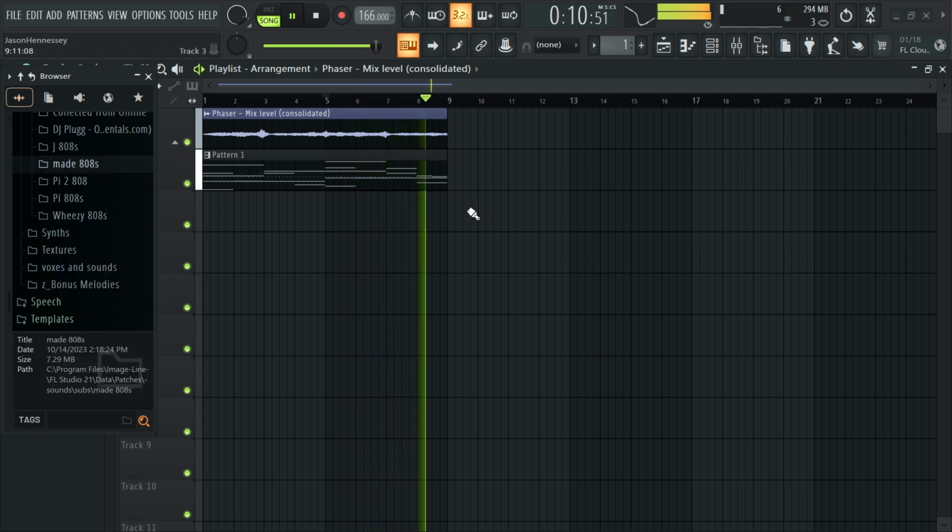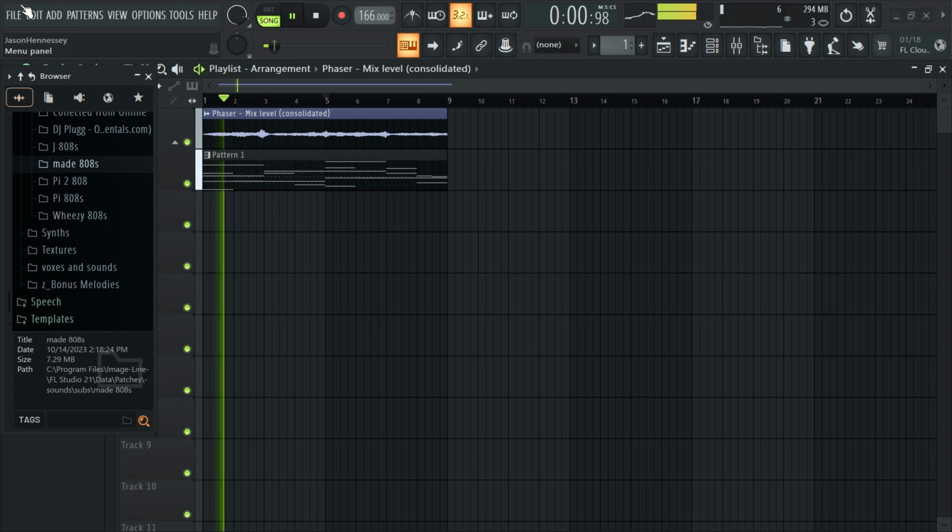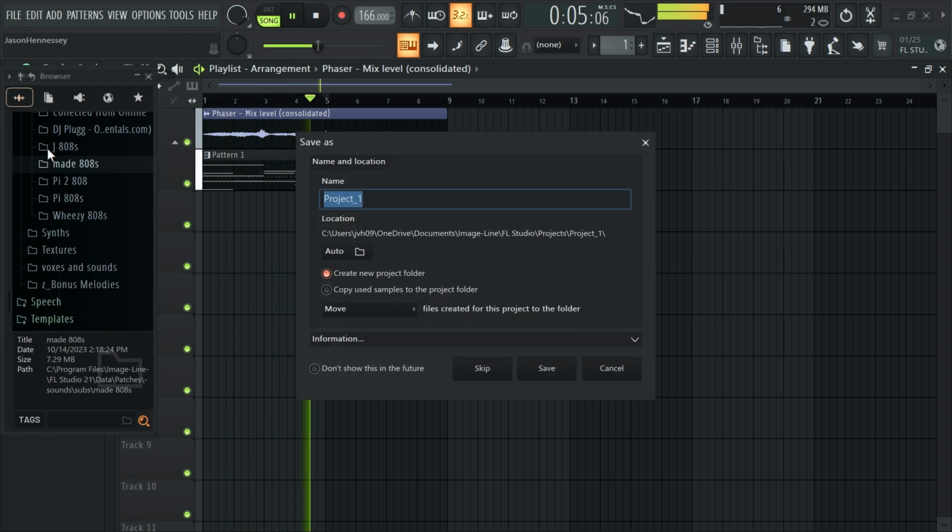And that's basically it. We haven't even saved this, have we? Let's see, we're in F minor. 166 BPM. And the name of this is